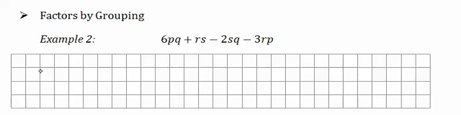Next we're going to look at factors by grouping, and in this type of factorization we have 4 separate terms. Now in junior cert you would have learned to cover 2 of the terms and see if we can factorize by highest common factor. So let's try that first of all for the first 2 terms, 6pq plus rs. If I look at those two, there's no common factor between them, so we have to move on